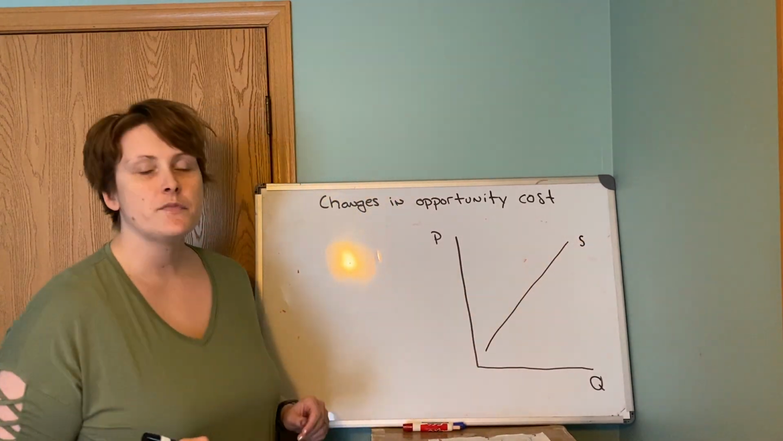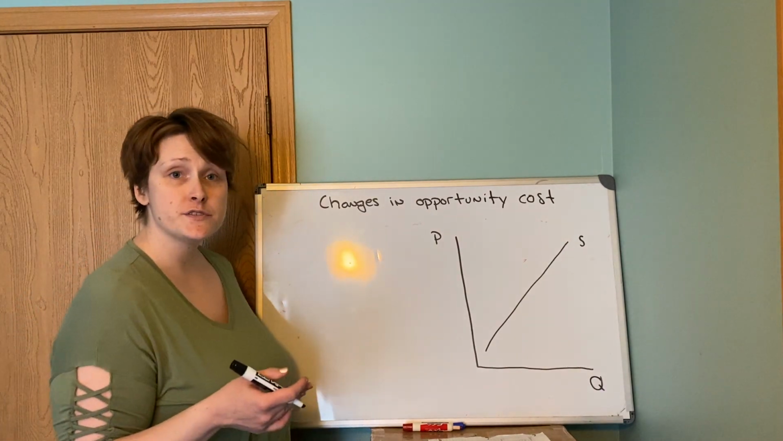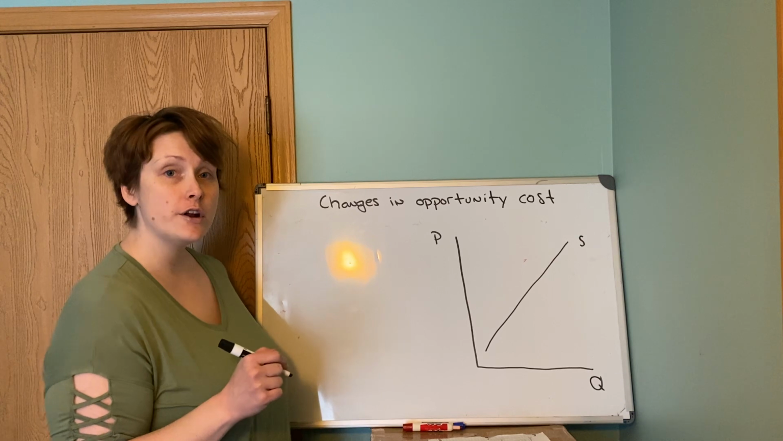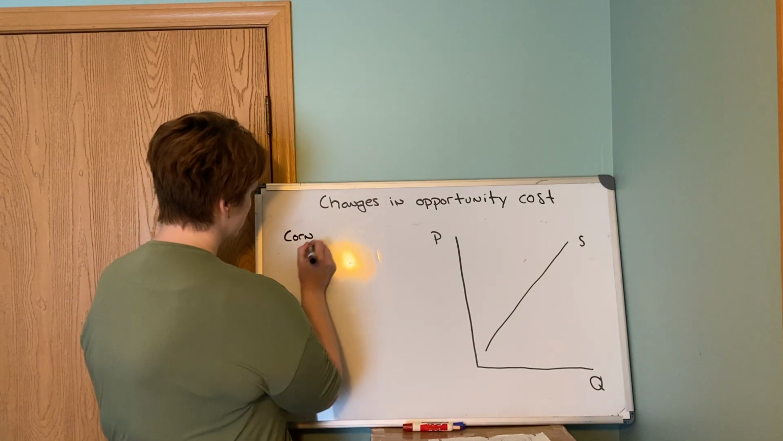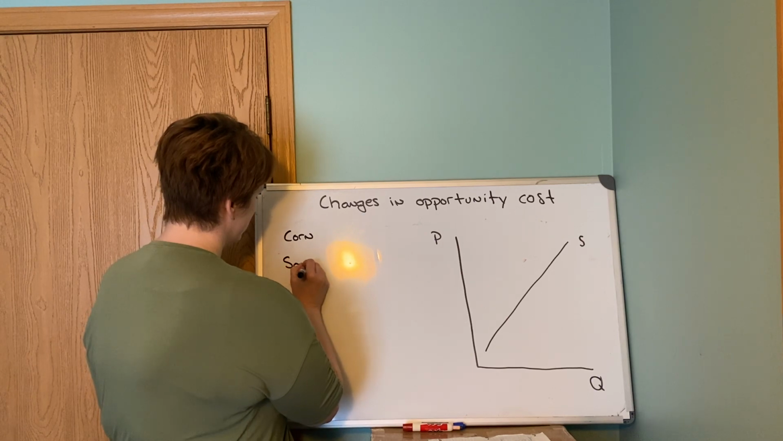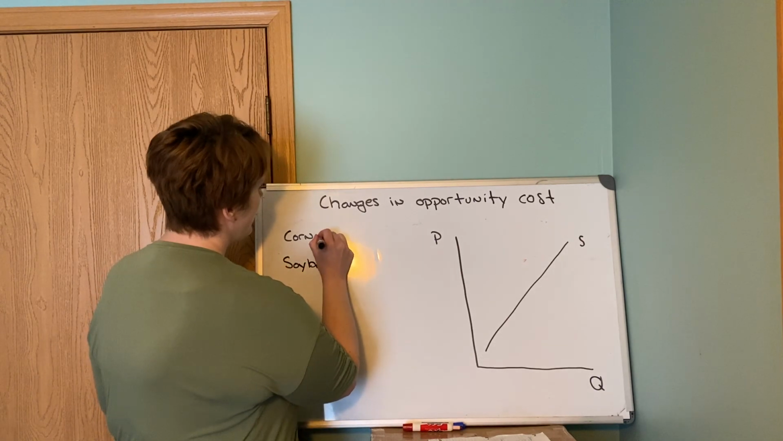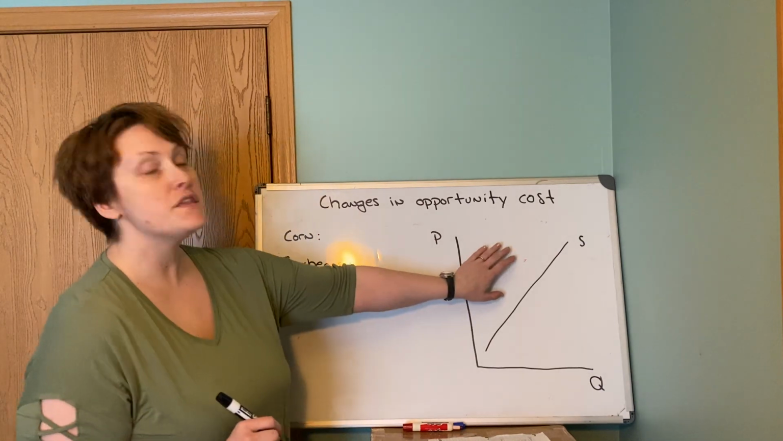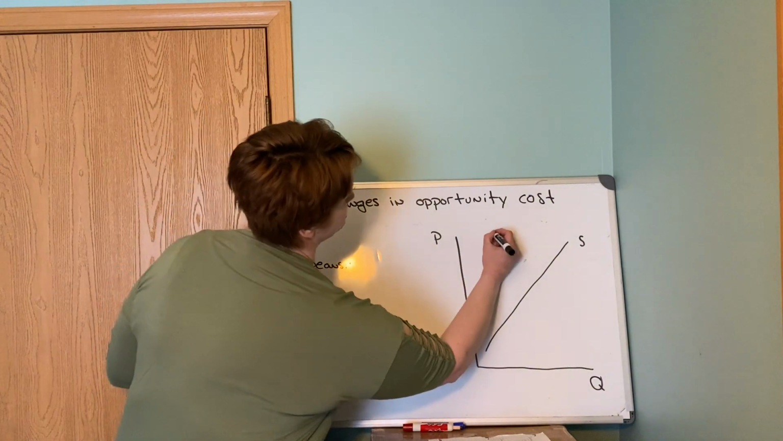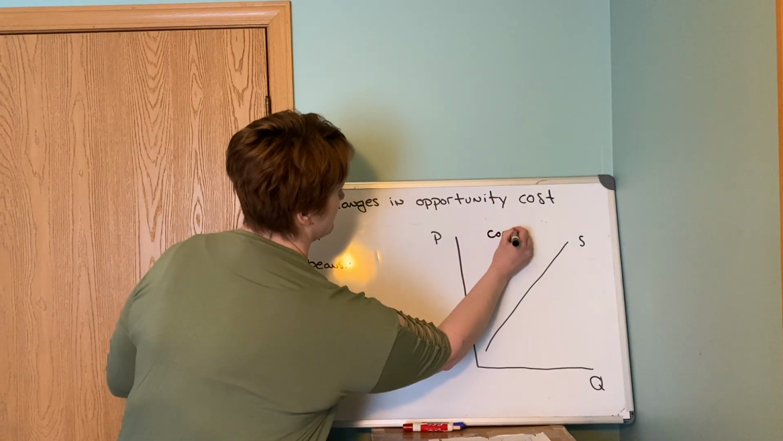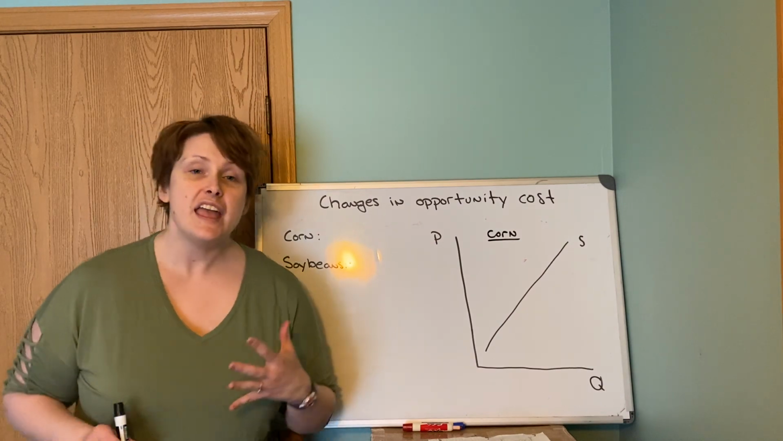So let's say that we have two items. We're farmers and we can grow either corn or soybeans. And let's say that the market that we're examining is the market for corn. So we are farmers, and